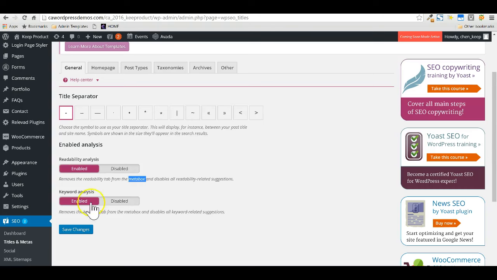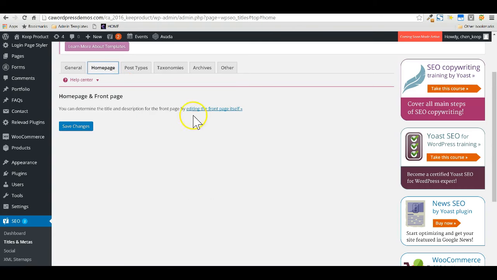And coming to the keyword analysis, this helps you understand the different kinds of keyword suggestions it can provide you. You can either keep it, or if you don't want to keep it, you can just disable it. This gives you a fair idea about what keywords the particular page you're trying to optimize could do well with on search engines. So remember to use this option to ensure that it gets you some help.